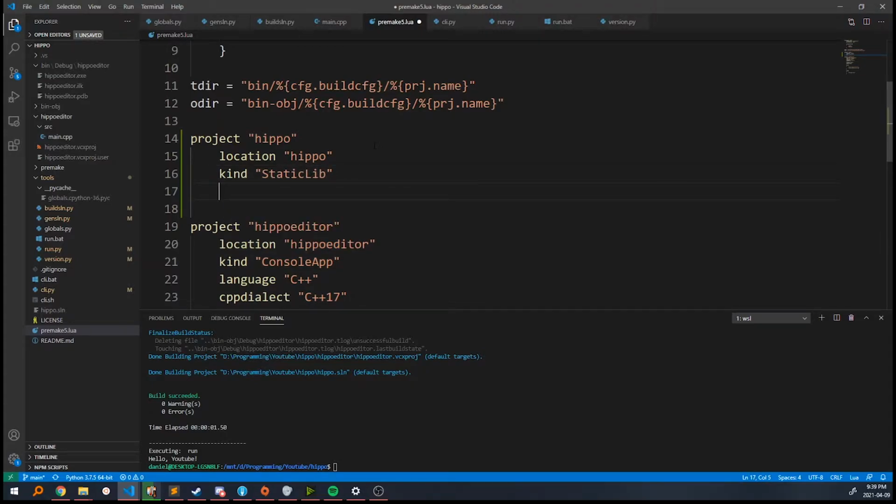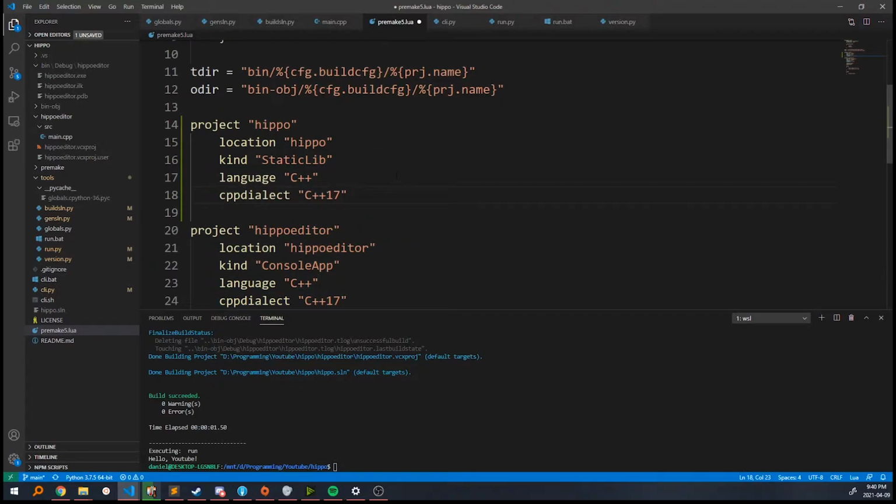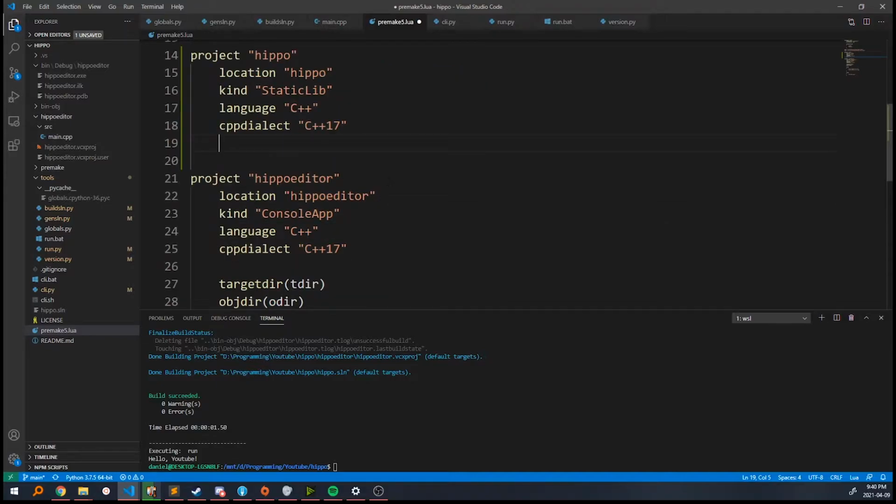The language is C++. Just copy this. CPP dialect is going to be the same. Writing this in C++17. And then one of the things I want to make sure I do is, if you've used Visual Studio before,